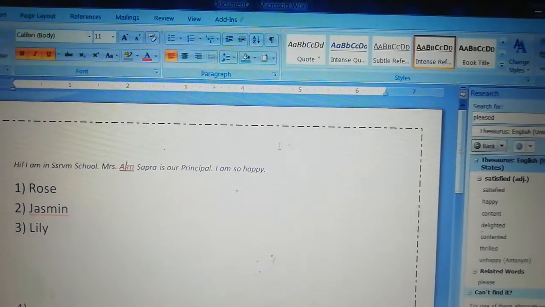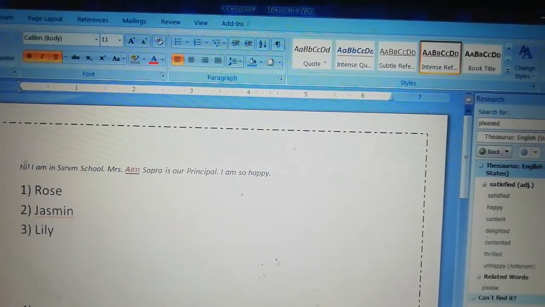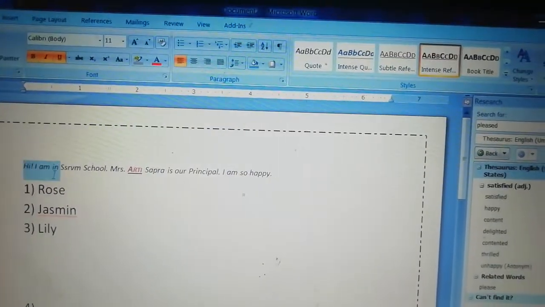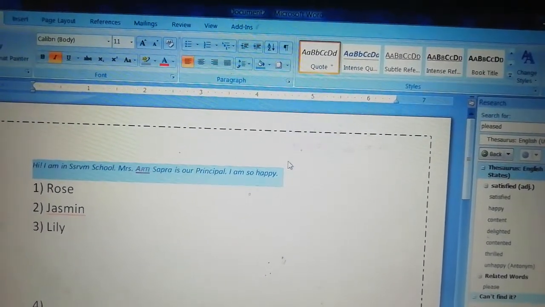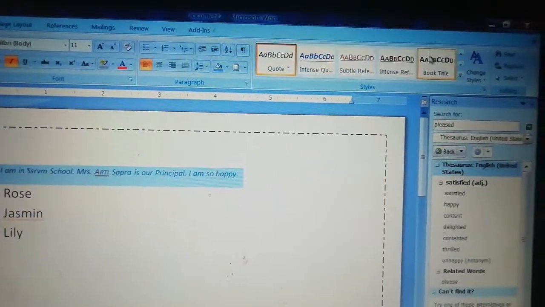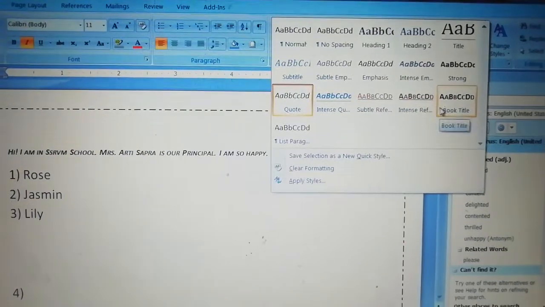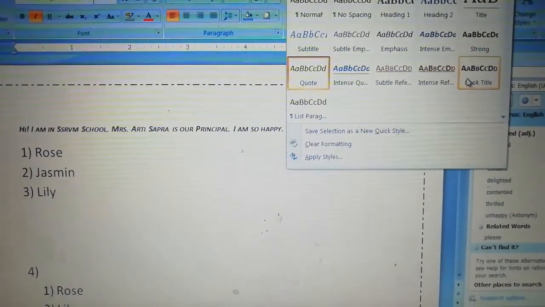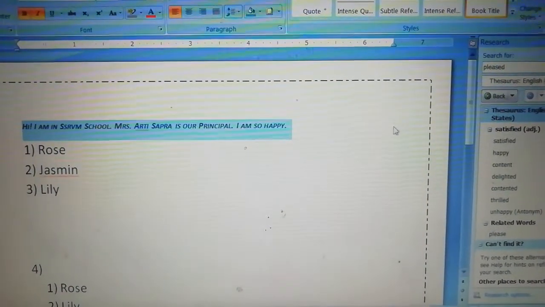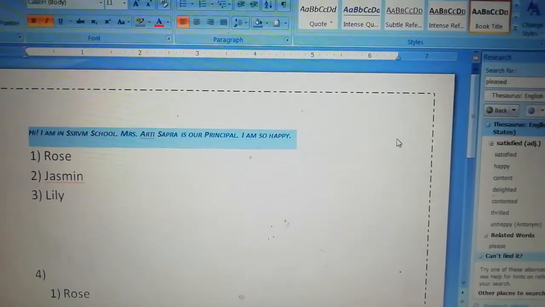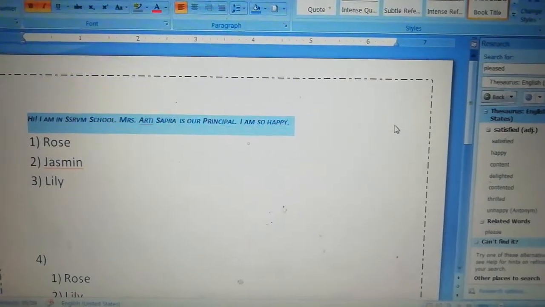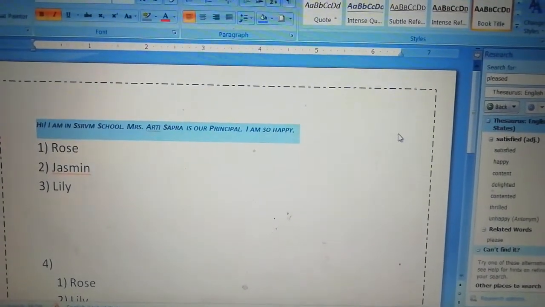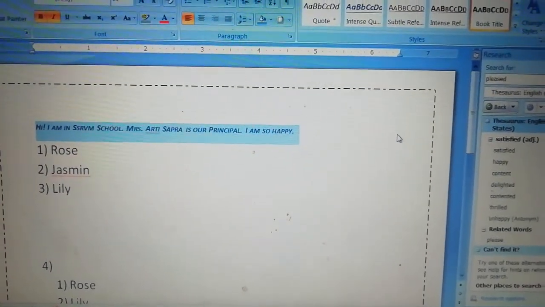Again I am selecting my whole sentence with the help of the cursor, mouse, and I can select some more options also. So here I am selecting this option. These are a few styles, and I can select any one style from this style group.